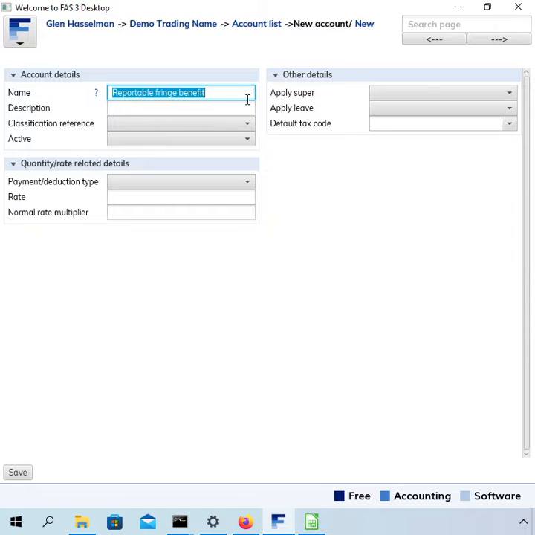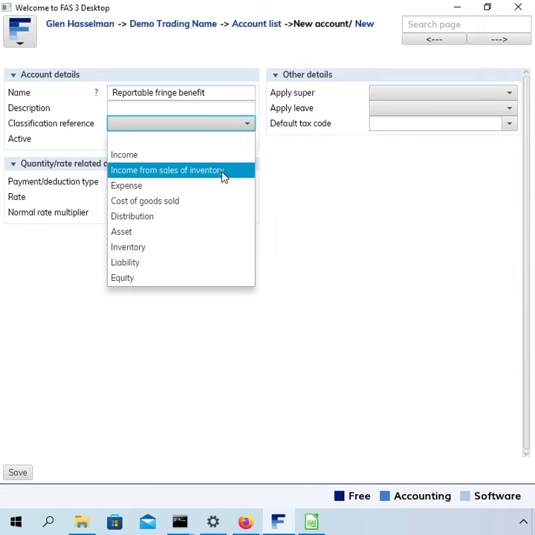But if you're setting up multiple accounts for reportable fringe benefits, you really do need to set up multiple tax codes because there's a one-to-one relationship between them. Anyway,